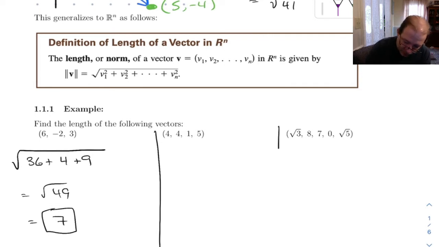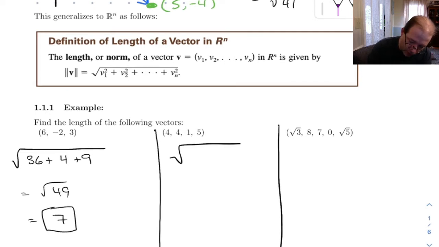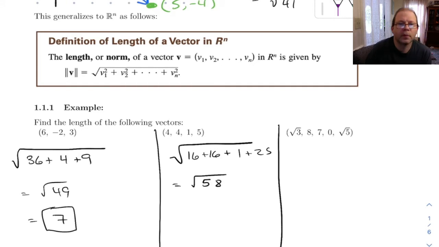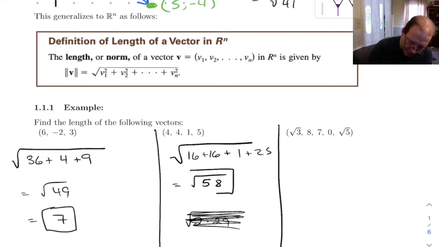All right, length of this one is going to be square root of 4 squared plus 4 squared plus 1 squared plus 5 squared. What's that work out to? 32, 33, 43, 53, 58. Can that be simplified? No, because 58, you could factor a 2 out of it. It'd be 2 times 29, and you can't simplify that. All right, and then this last one,